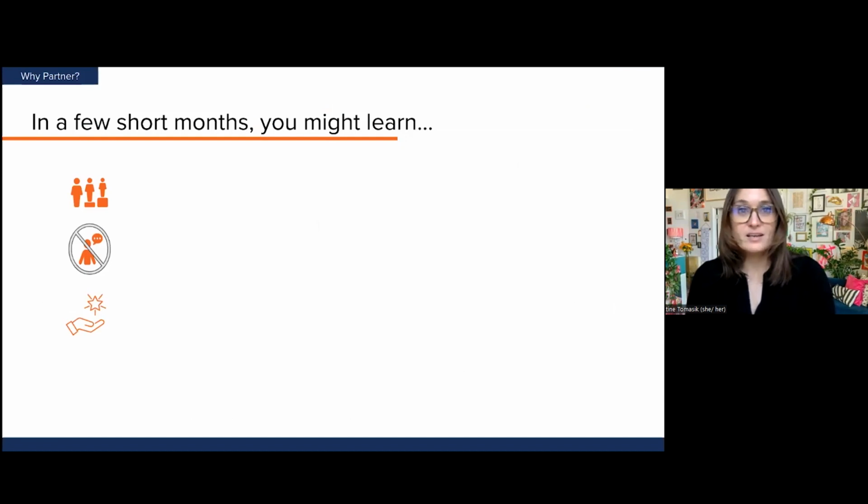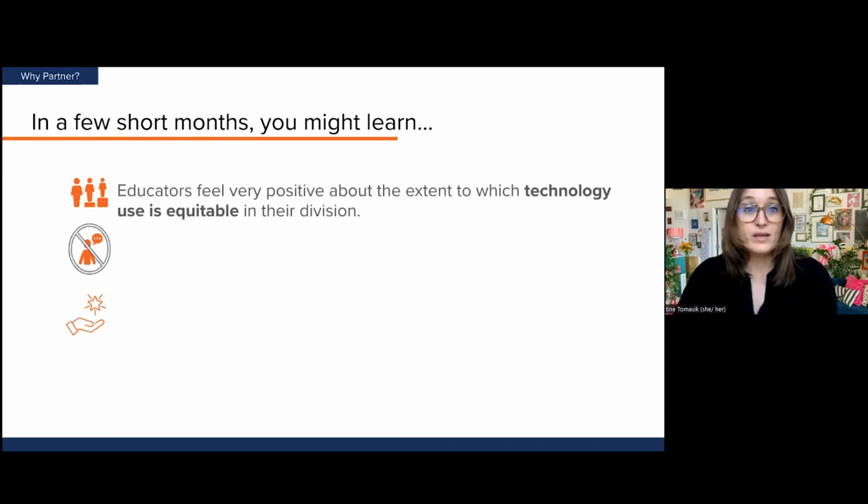So just think, if you say yes to collecting data with us now, in a few short months, this school year still, you will have actionable insights. You might learn that educators feel positive about the equitable use of technology for students and teachers.